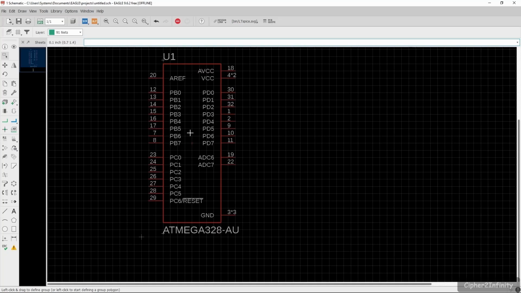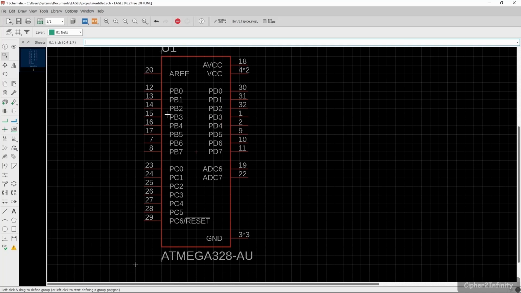If you observe this symbol, this is port B of this microcontroller, then this is port C and this is port D. Now, if you observe these ports, you will see that they have just named them in the symbol: port B0, port B 1st pin, and so on.